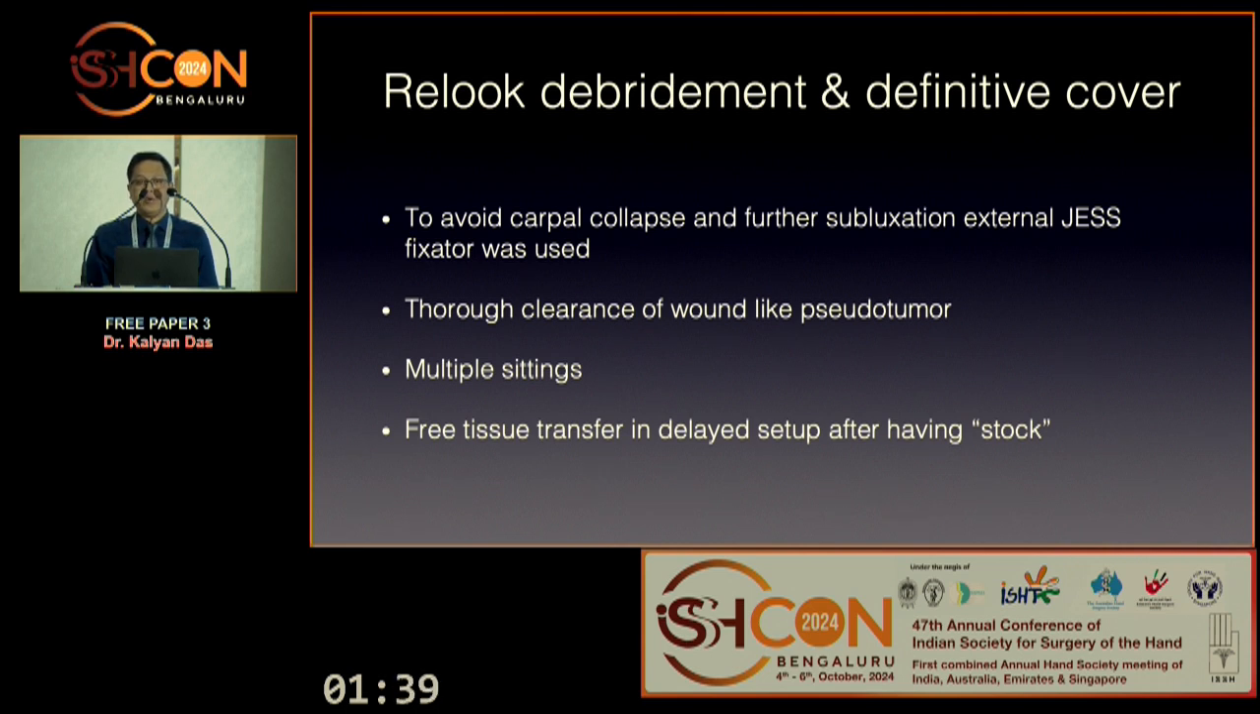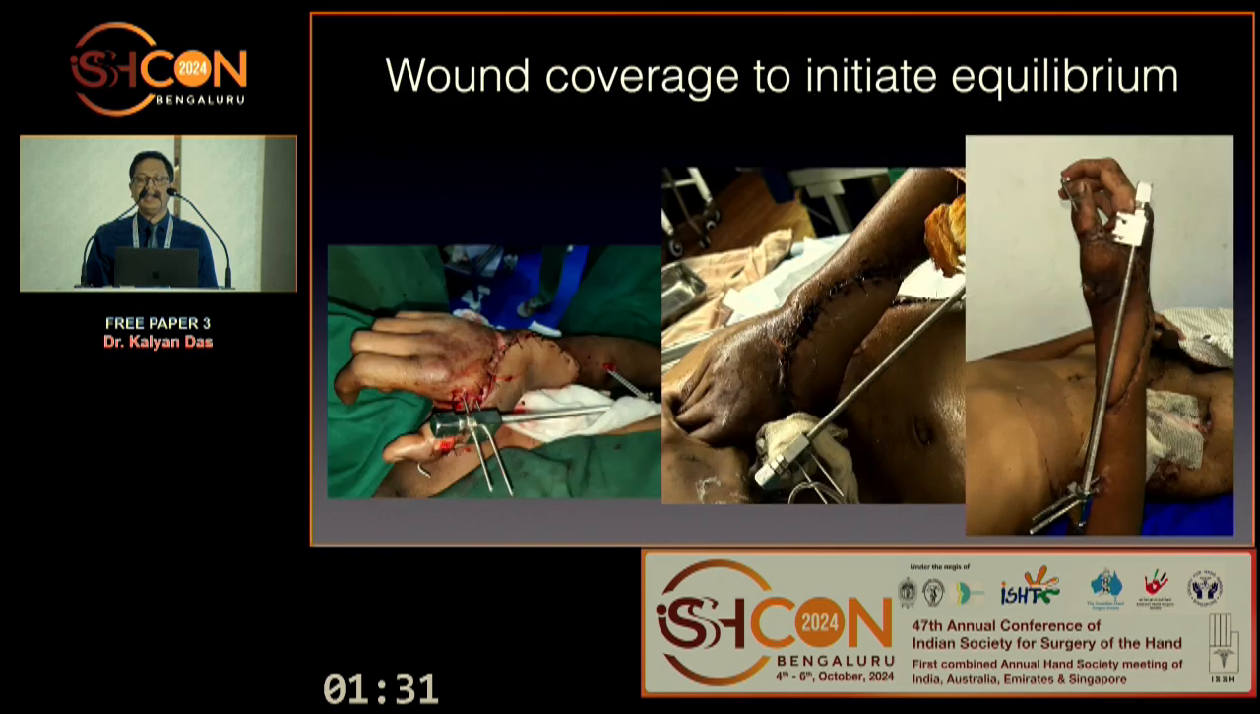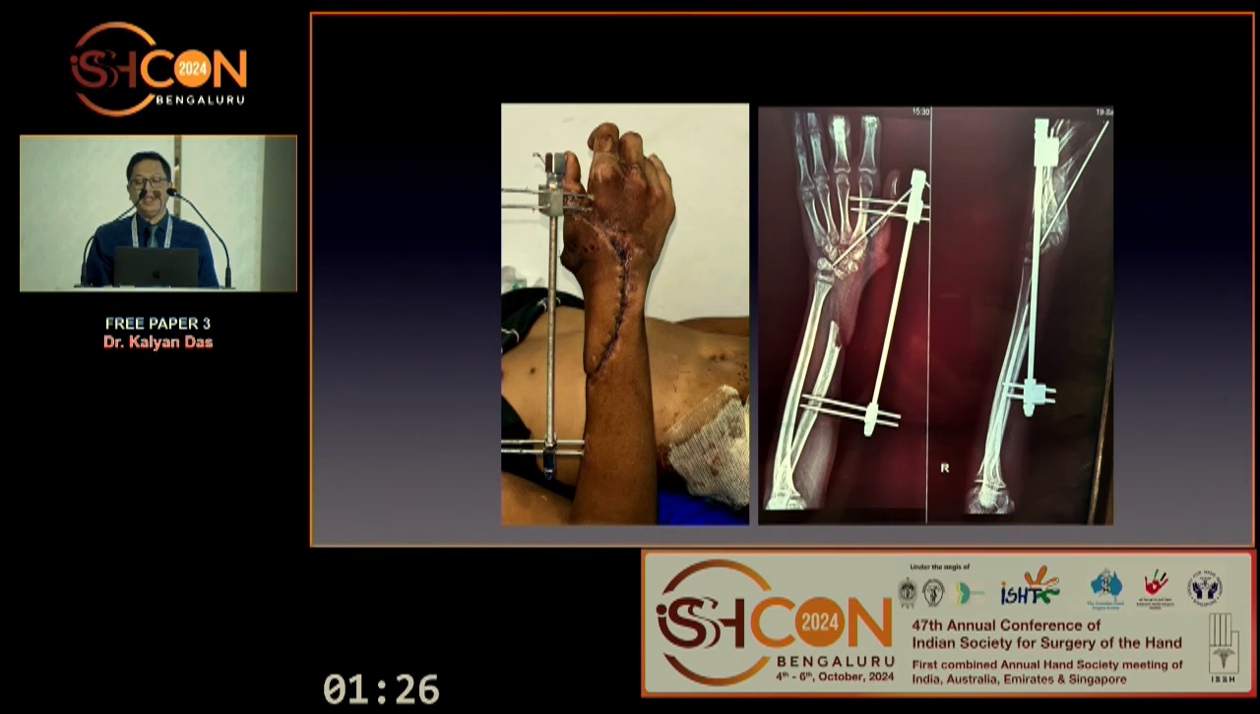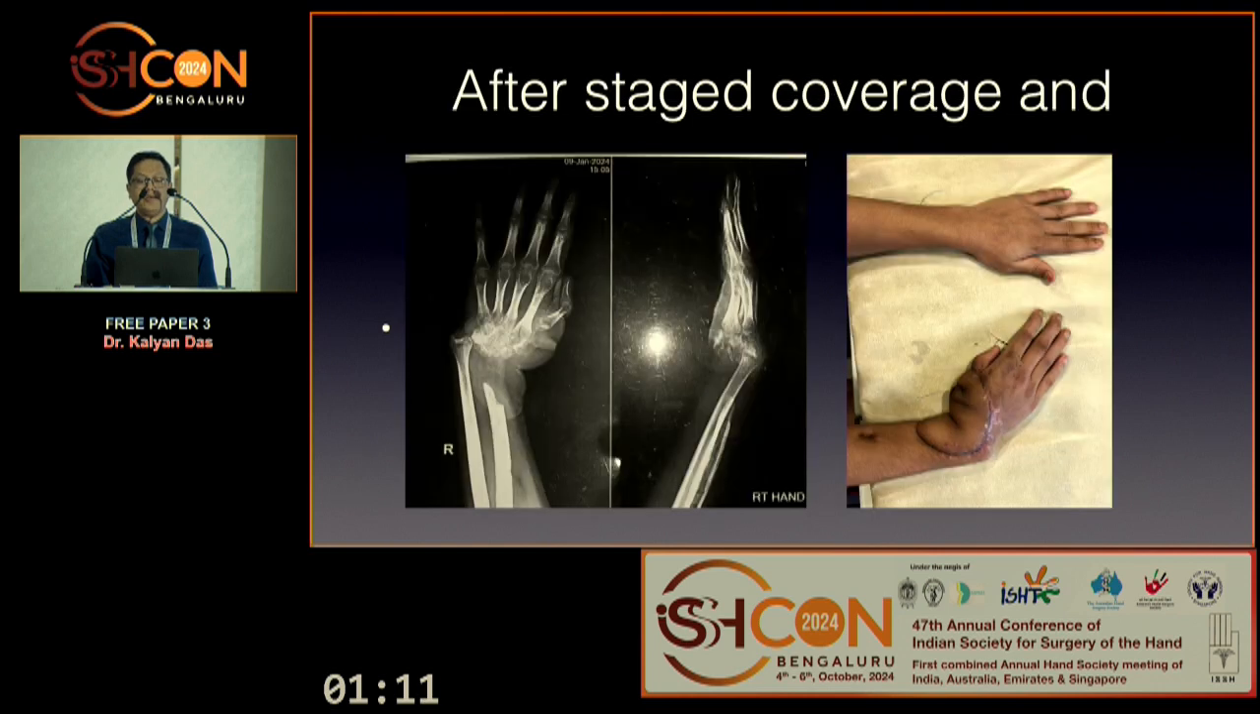We wanted to take stock of the situation before deciding on the final procedures. I did a pedicled extended groin flap to initiate the equilibrium in wound healing. This is the result after the groin flap, with the external frame and the K-wire still on. Then we decided to see what effect it has when we remove the external frame. When we removed it, the wrist was going into an unstable position,